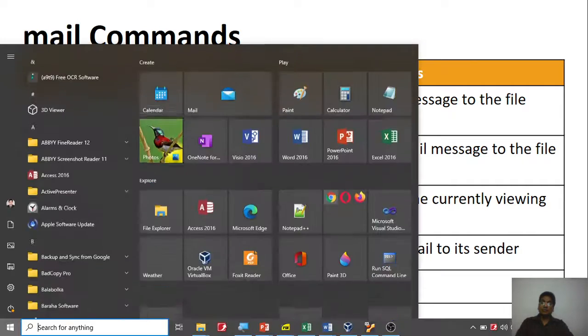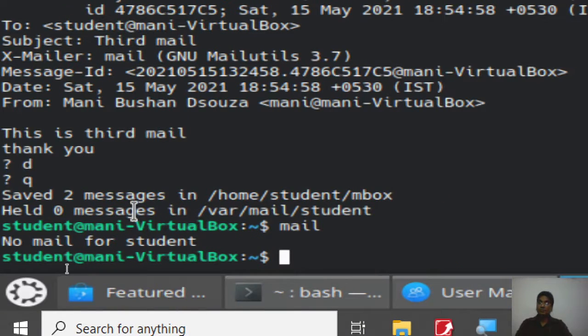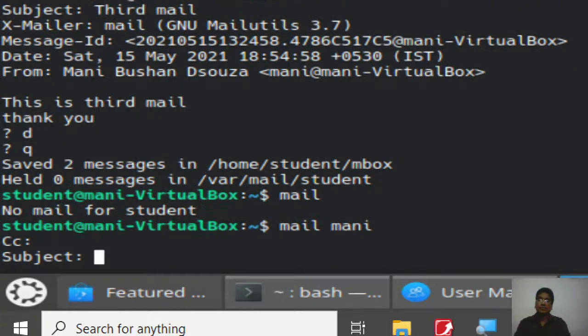So let's go here, and I will quickly try to send a mail. I will have to zoom in every now and then, so give me some time. I will say mail to money. Remember, student is typing a mail to money. CC I don't want. Subject: regarding holiday.